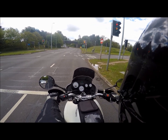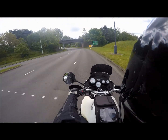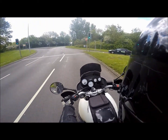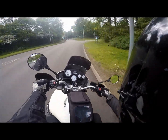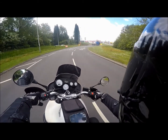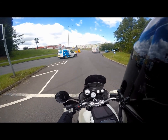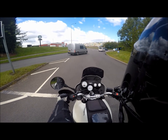There's loads of little cameras around here for red light jumpers and speeders, and I know a fair few people who've been done. Cars, motorbikes, all sorts. Apparently there's quite a few accidents there, so they stuck a load of cameras up, but they're quite small, modern, well covered up cameras, so if you're not in the know,